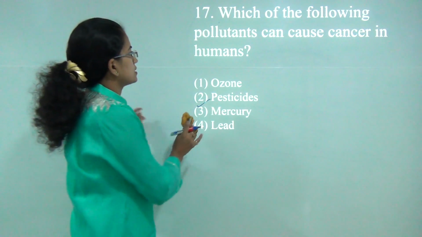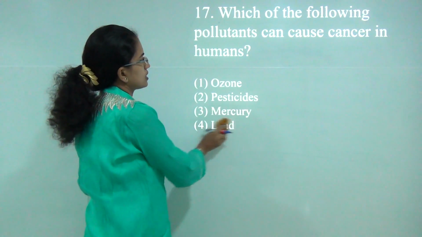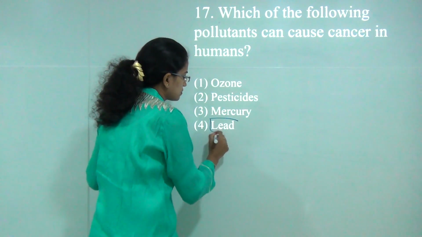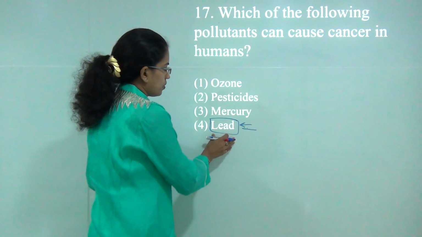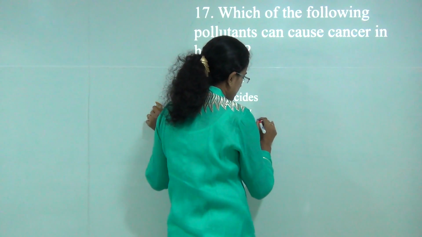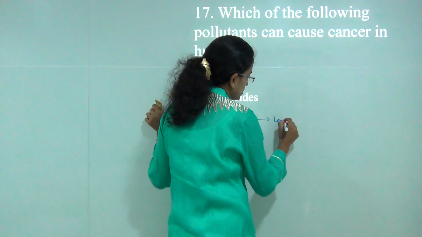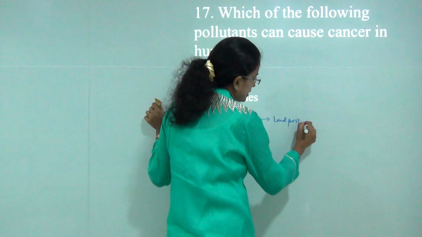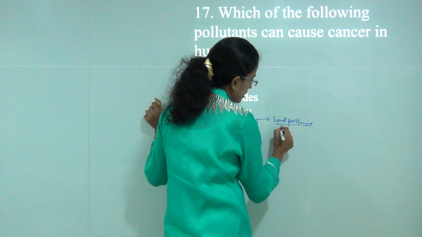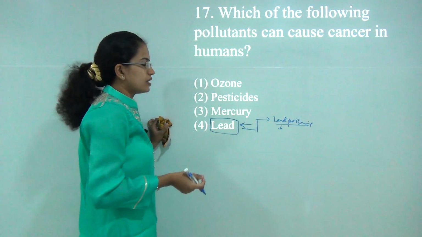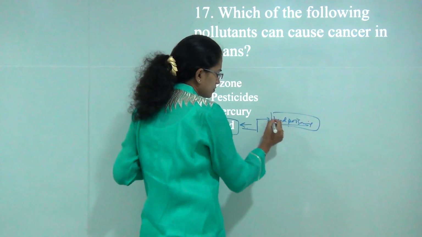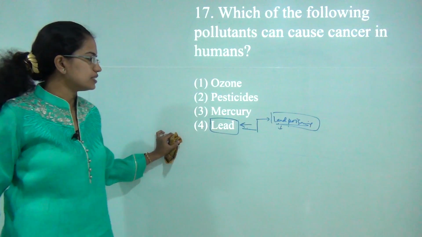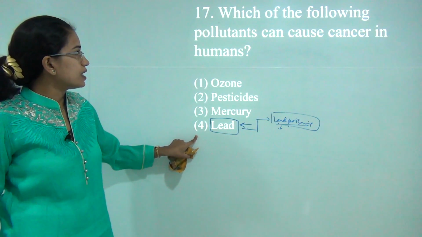The next is, which of these causes cancer in human beings? Lead exposure is a well-known cause of cancer problems. In most of the developed nations, lead poisoning testing is done, especially in buildings that are old and degraded. They have a content of lead. So lead poisoning tests are done in most nations, especially for toddlers and infants. So the correct answer here would be 4.